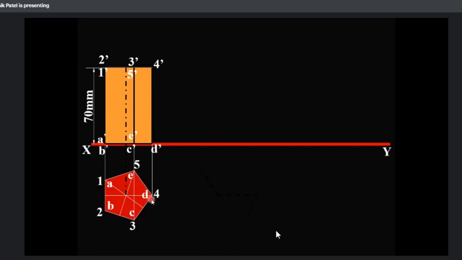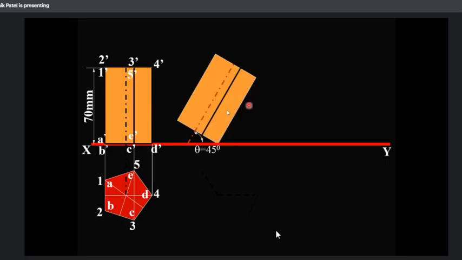Your pentagonal prism is resting at the D corner. Now the lateral edge containing that corner means you will see the perpendicular edge. So what is the perpendicular edge at point D? You will see in the elevation part 4 dash D dash. So 4 dash D dash you will incline 45 degree to the HP plane. So I will draw 45 degree and then transfer the shape.